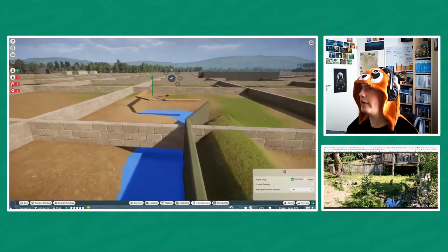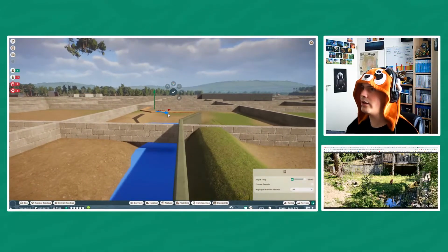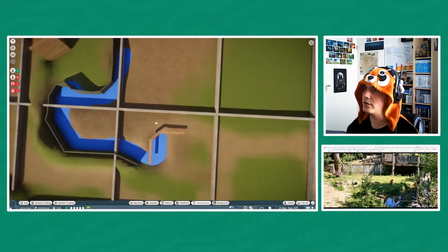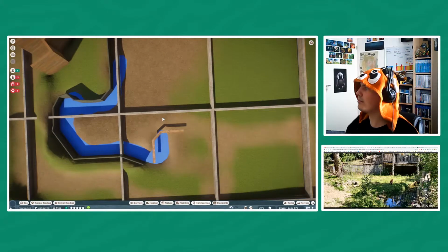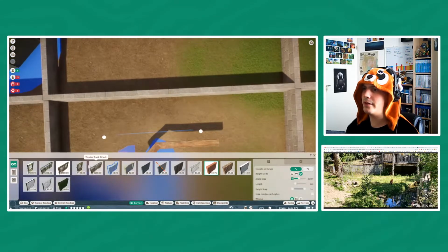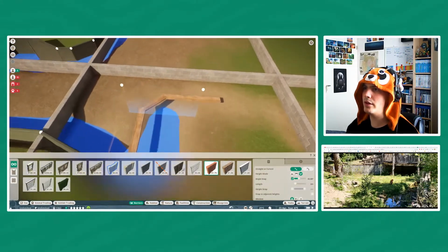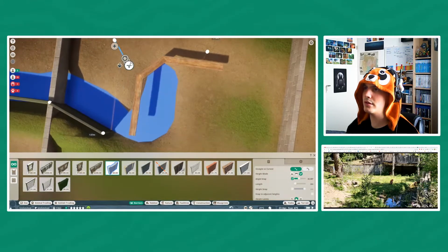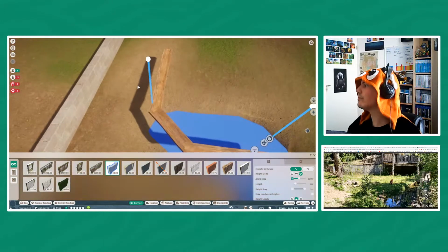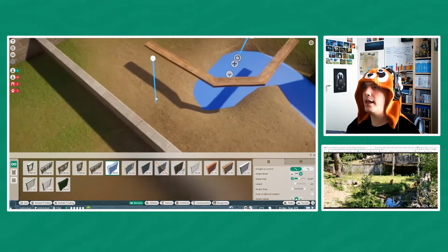So if we look over here, we see that. So that's good. Appreciate it. Then, when did I place this? I guess that needs to be like that. Then